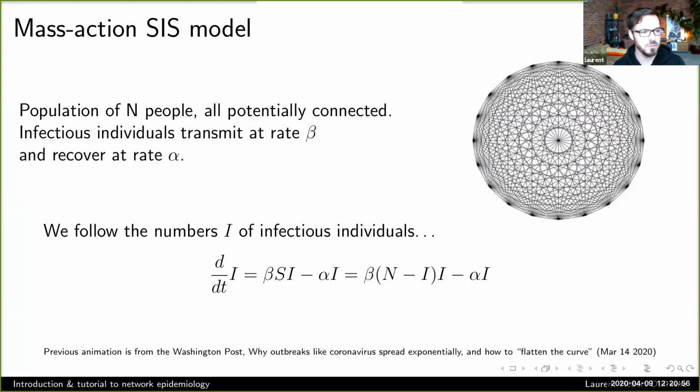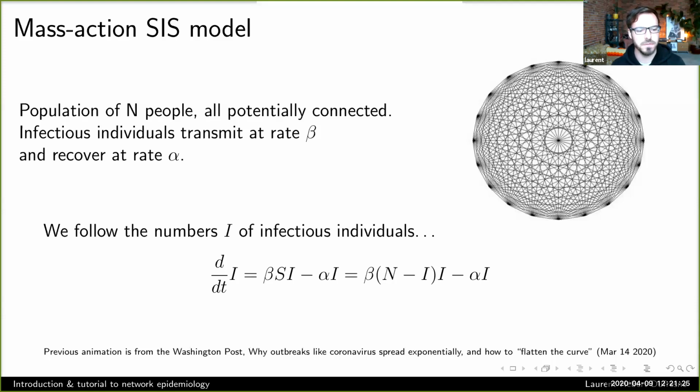So basically, here's how it's done classically in the literature. We would assume a population of n individuals, all possibly connected. We're not saying that all connections exist, we're just saying that they're all possible. And we're going to assume that infectious individuals transmit at a fixed rate. So if I'm infectious and I have a susceptible, healthy neighbor, at a given rate, which might be once a day, on average it will take me 1 day to transmit the disease. I'll infect them. And I'm also going to recover at a fixed rate, which is going to be alpha. I'm going to keep those 2 rates fixed throughout the presentation.